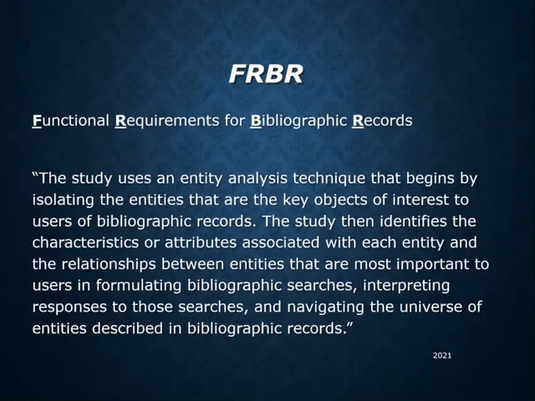This will be part of the focus in the next module, but here is a very brief overview. Ferber defines the main entities that may be described in a library catalog and determines which characteristics are definable for each entity. Those characteristics are referred to as attributes. Ferber also defines the type of relationships that entities can have with each other. By examining and describing these entities, attributes, and relationships, the user, in theory at least, will be able to tell what it is, who made it, and what it's about, and also whether they need it, that whole FISO thing.